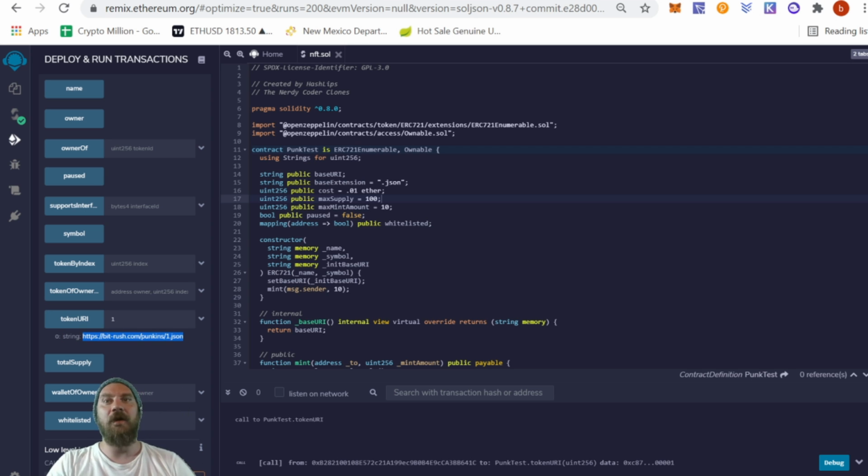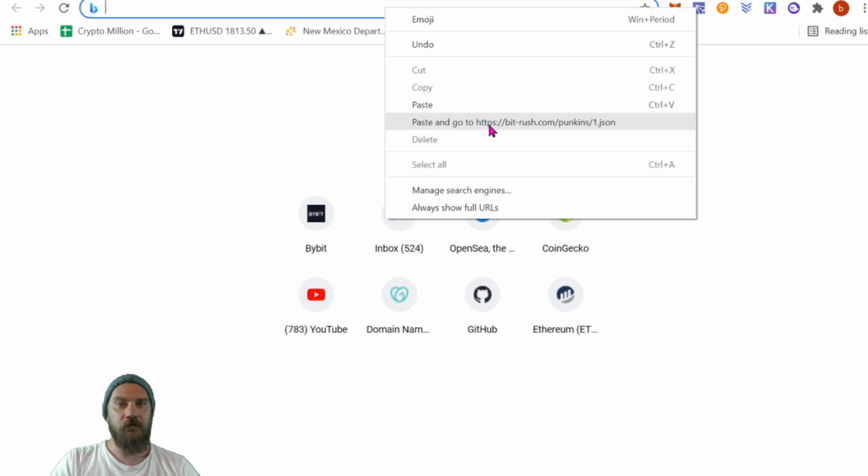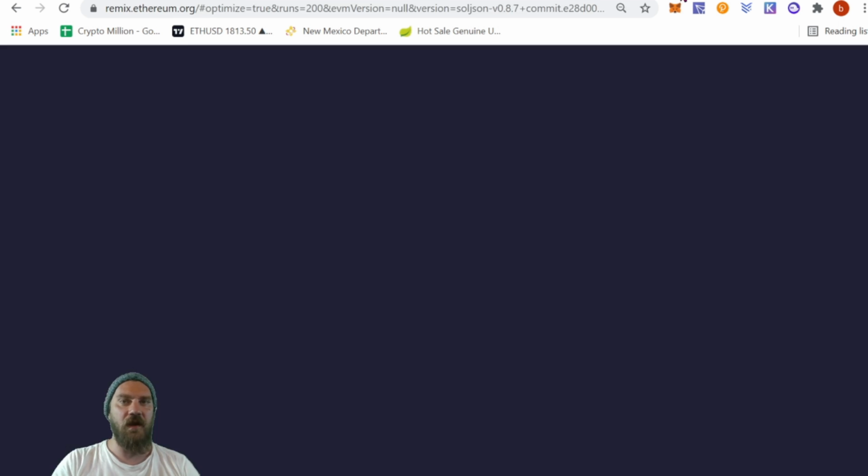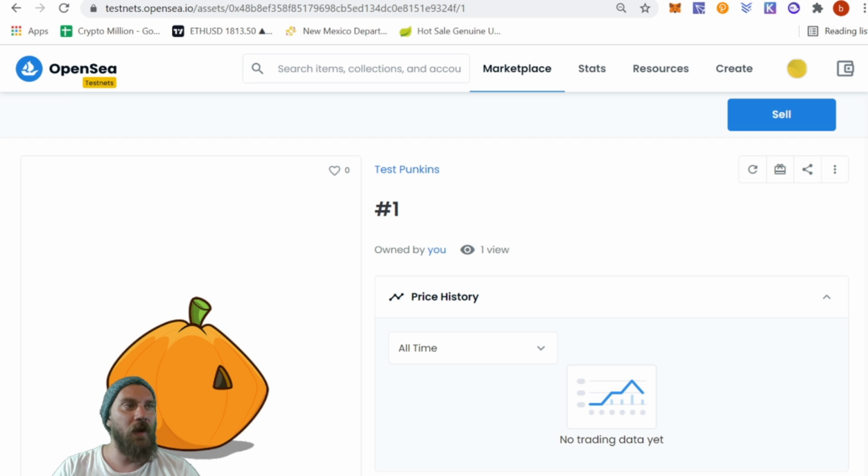I'm going to copy and paste that into my browser. And it looks like it's showing up, so everything should be good. Probably just going to take a couple minutes for it to load. Last time I did this, it was almost instant, so I'll just show you guys again in a second here once everything's refreshed. While we're waiting for that, let's go ahead and mint a couple test pumpkins.